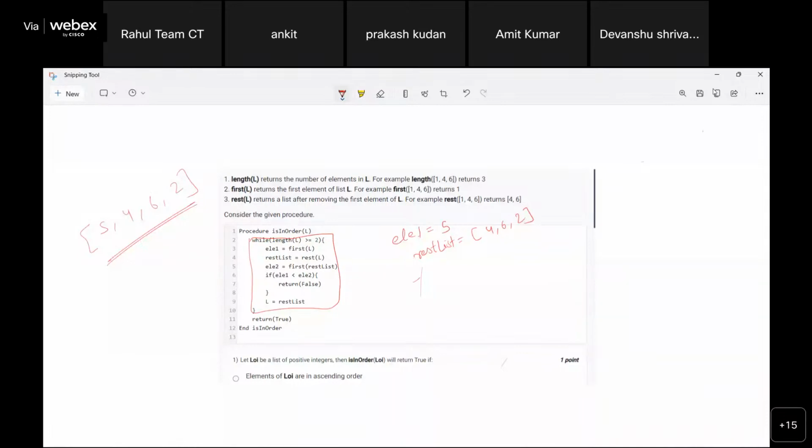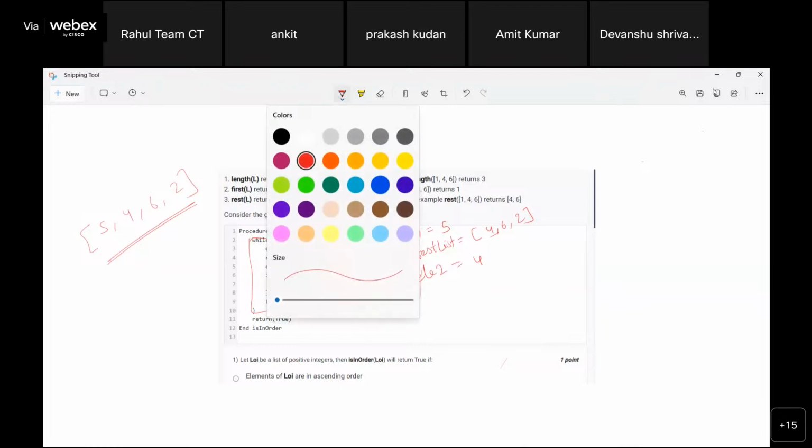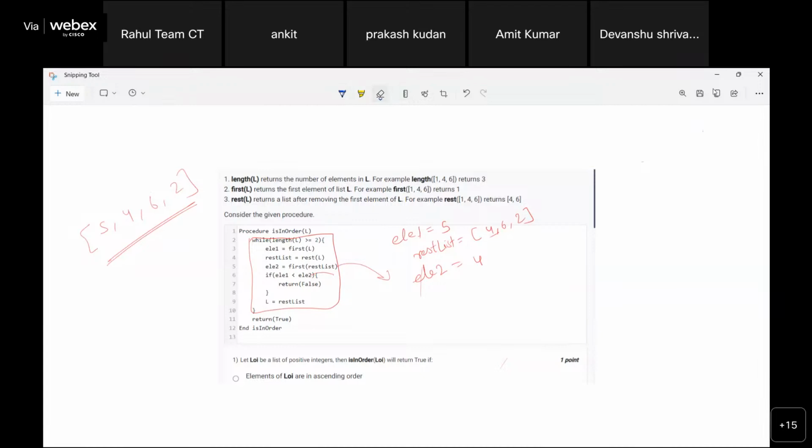LE2 is the first of rest list. First of rest list is what? 4. Hmm? क्या सर? First of rest list what is what? नहीं सर, ये मुझे समझ में नहीं आया, आप बताओ दोबारा। आपने ध्यान ही नहीं दिया मैं जब रेस्ट लिस्ट लिखा। सॉरी सर।